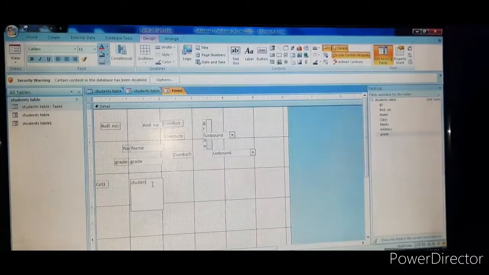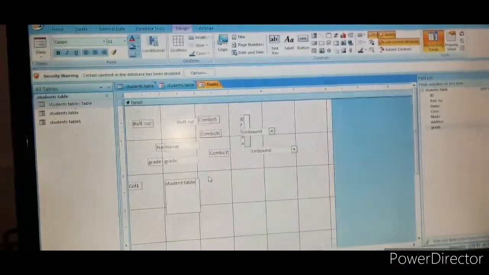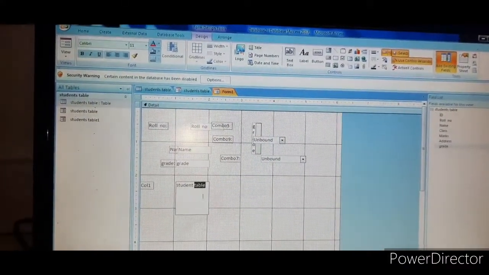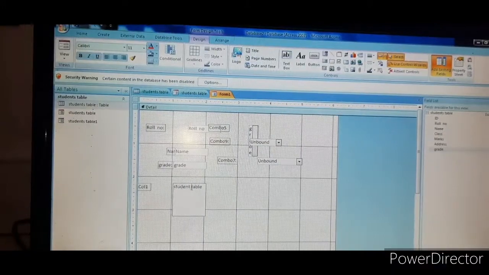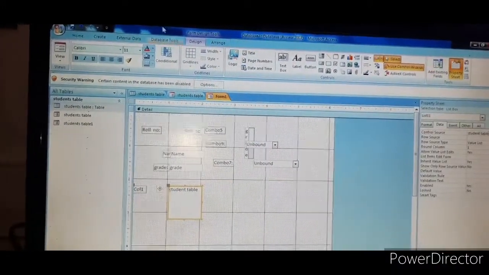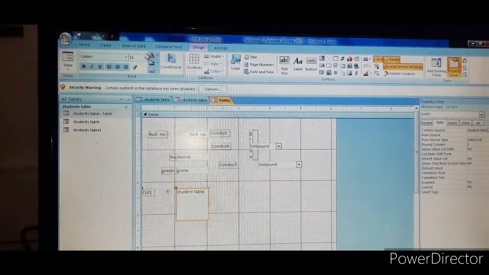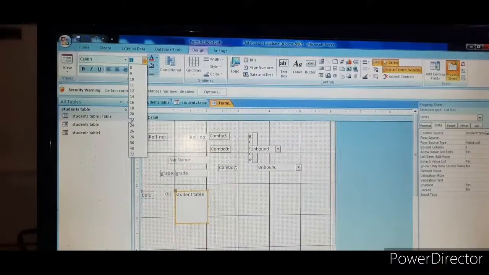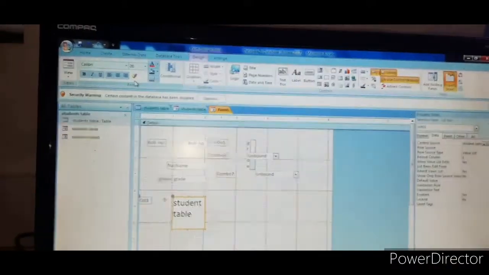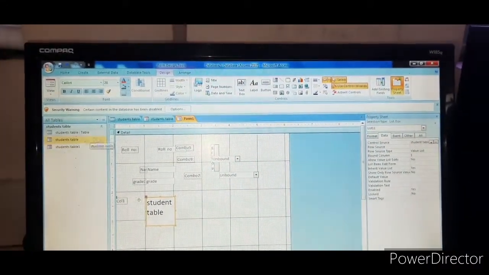Student from student table like this. Okay, if you want to format it, see here, select that one. Select it here, bold, italic, underline, and size also is there. Whatever size you want, you just select it. Okay, you know all of this, no? Format styles. Do like that, children. This is form one.